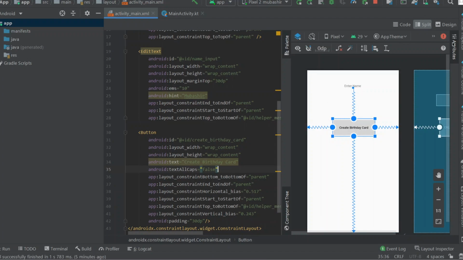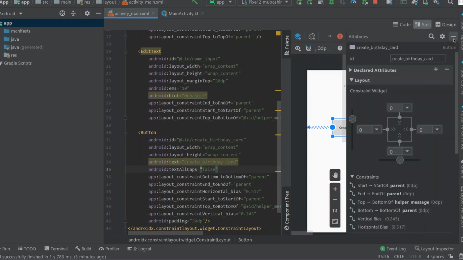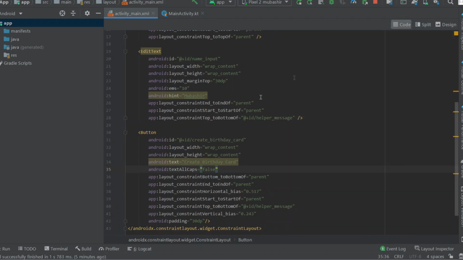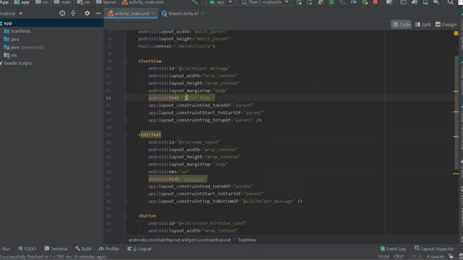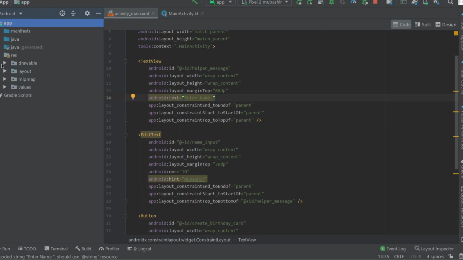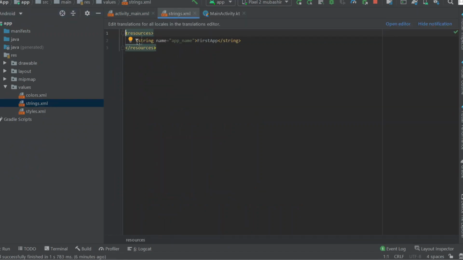So let us close this attributes, and in the code section, here you can see a type of error, this yellow, which is saying that we have hard coded this enter name. In the resources, in the strings.xml, we define all the strings that are used in our app.